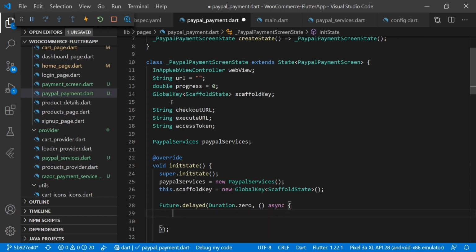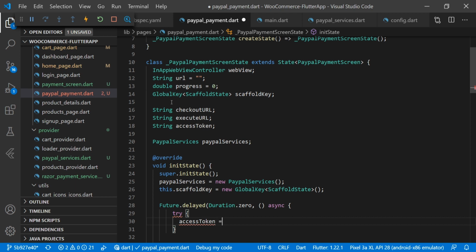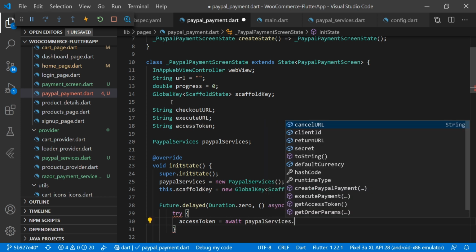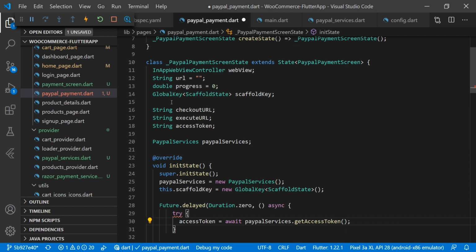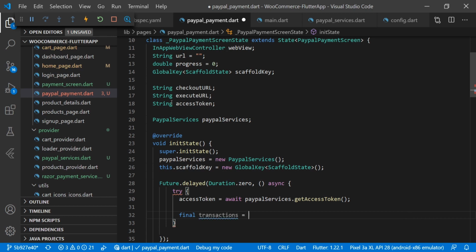Now here we are using the try catch, and for getting the access token we will pass access token is equal to await PayPal service dot get token, and here we are passing transactions, and we are fetching the transaction from PayPal service dot get order params, and here we are passing the context.